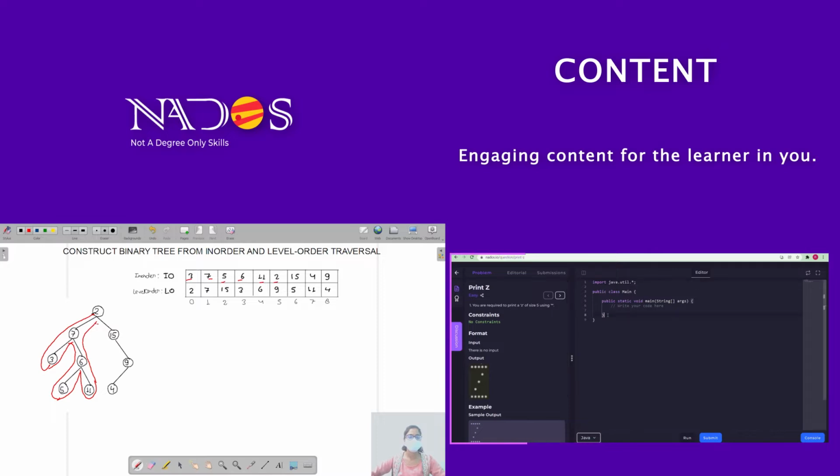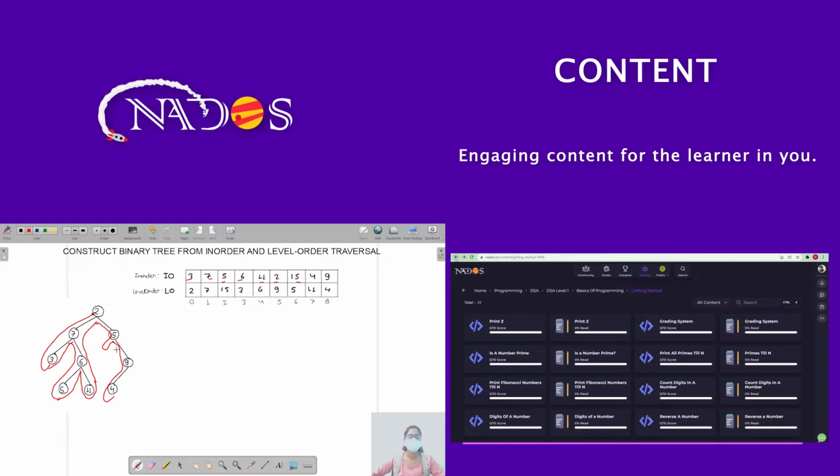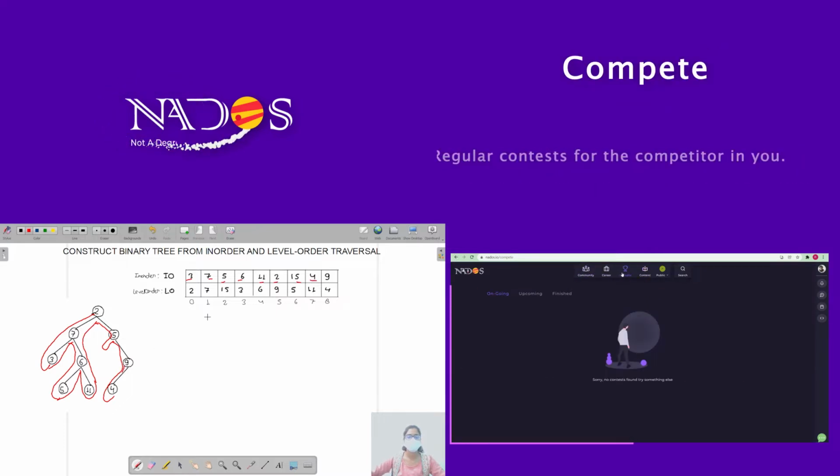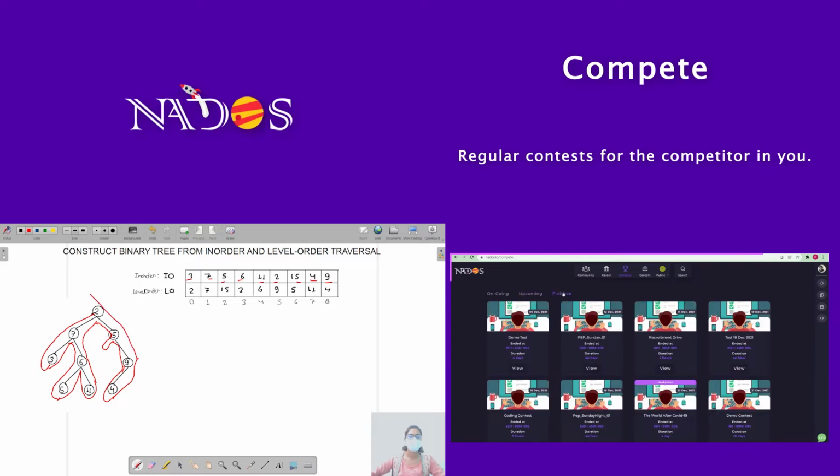How? After 2 we'll take its left child, there is no left child, then 15, then 4, then 9. So this is our Inorder traversal,